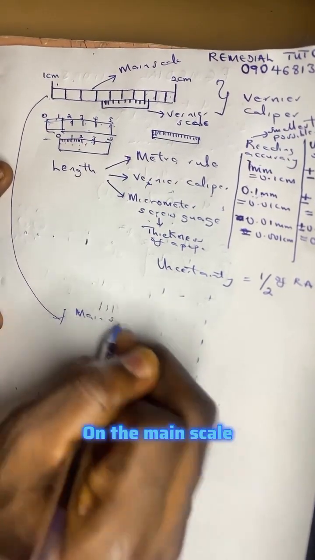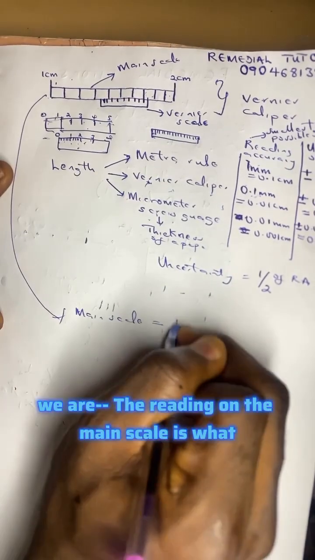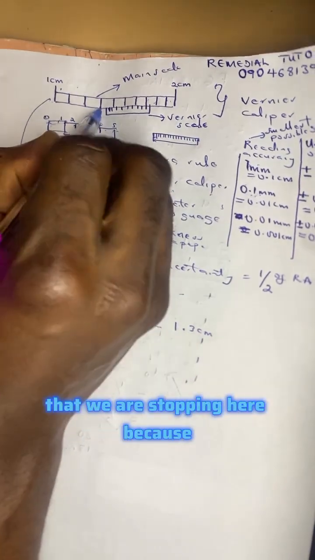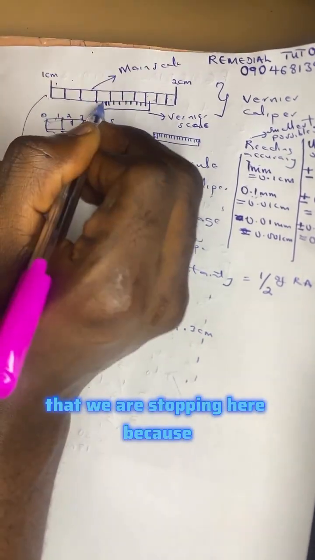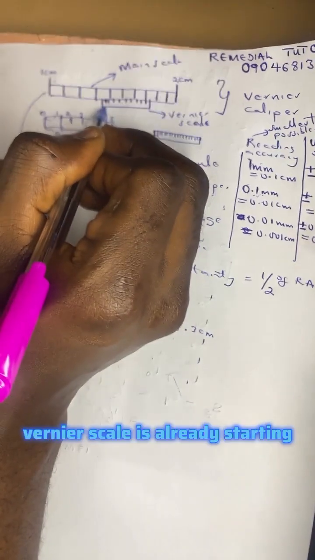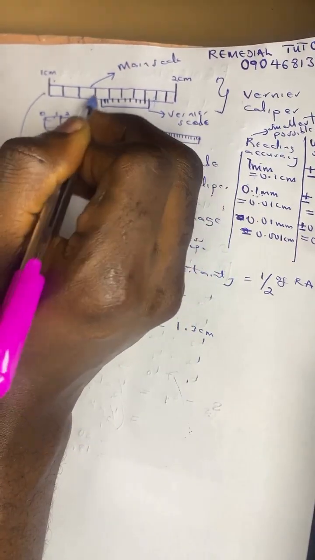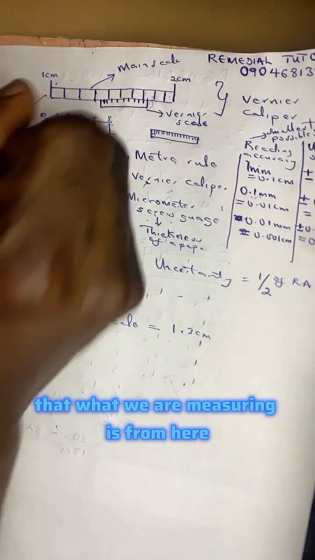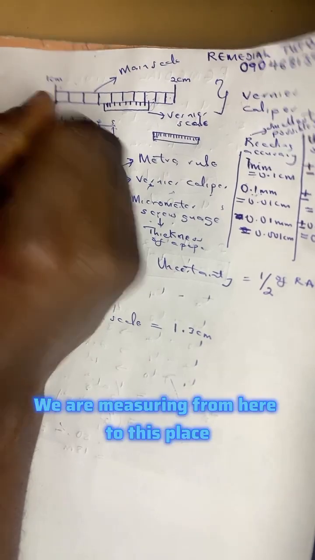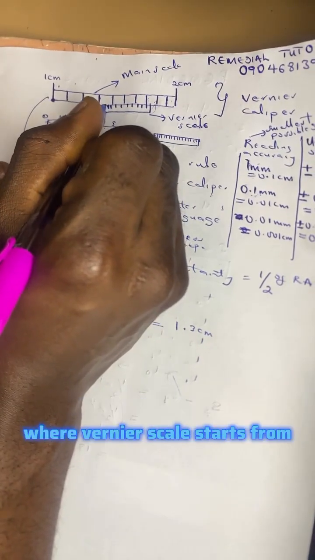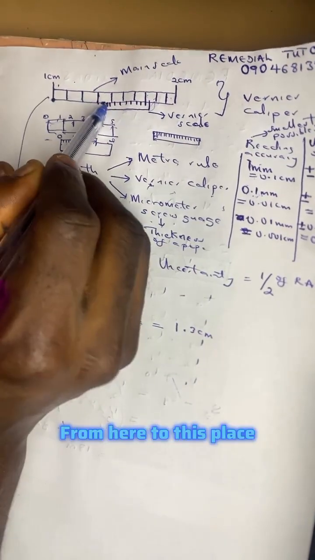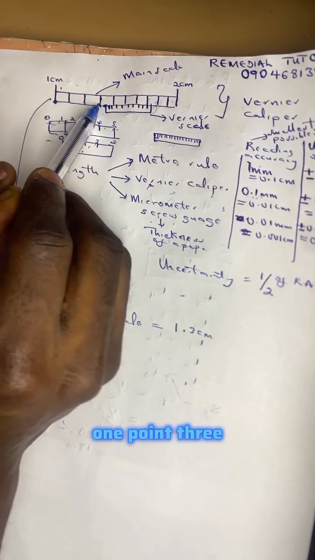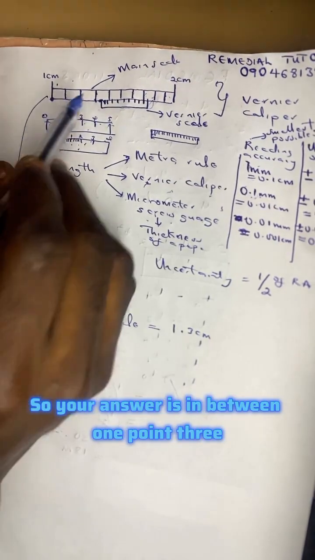On the main scale, the reading on the main scale is what? 1.3 centimeters. The reason why we are stopping here is that the vernier scale is already starting. This is where the reading ends. The truth is that what we are measuring is from here to this place where the vernier scale starts. And if you are measuring from here to this place, 1.1, 1.2, 1.3, so your answer is in between 1.3